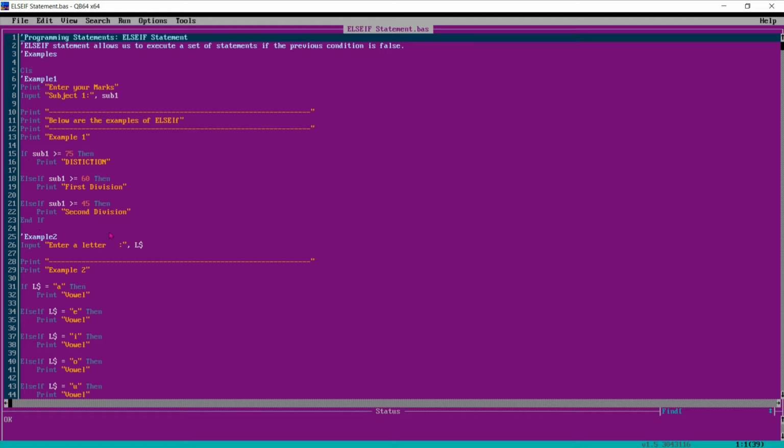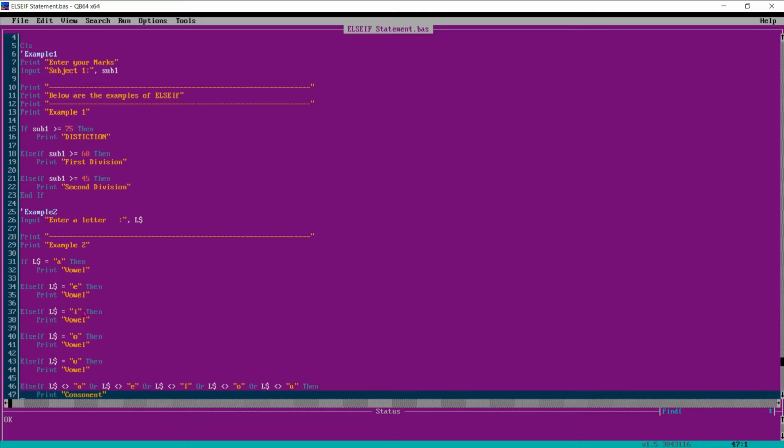Okay. Example 2, enter a letter. This is a string variable. Print example 2. If we are inputting here, enter a letter. If this is A, then it is a vowel. Same for small e, i, o, u.